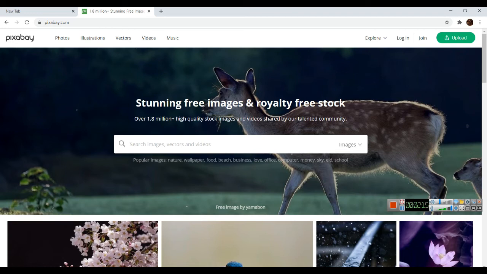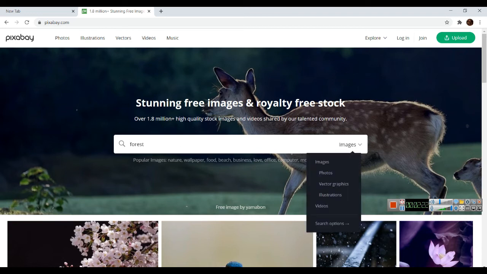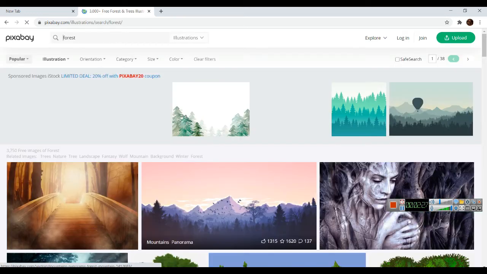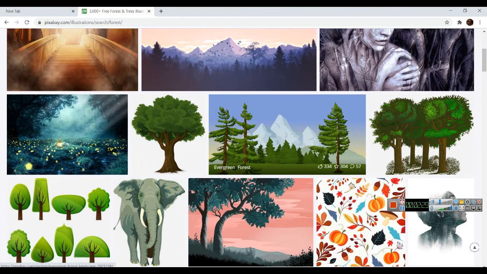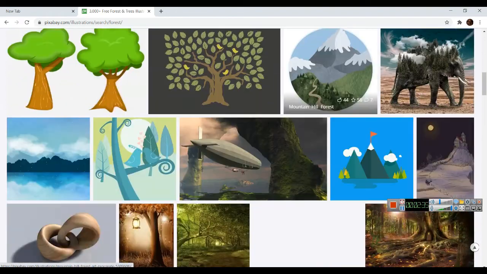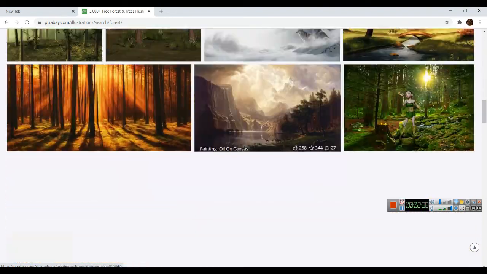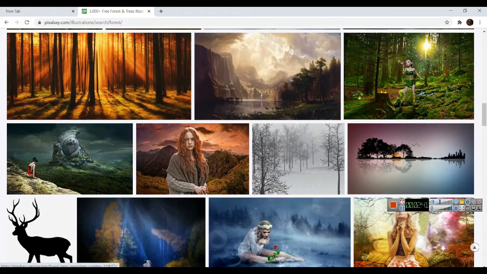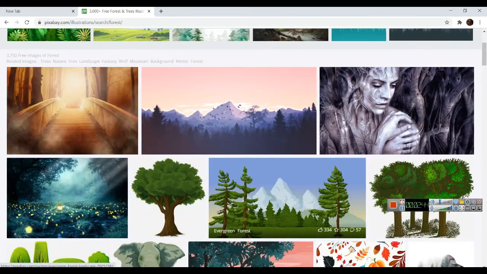So I'll type here forest and go for illustration. So I'll get many such. You can see here the specialty of these pictures are, I'm going to click here one picture. For example, let me go for, well, it should look like a cartoon picture. So I'll go for this.